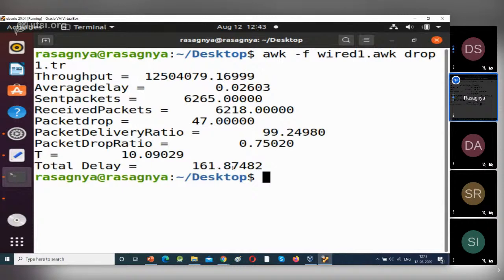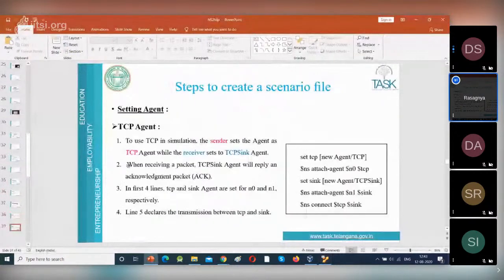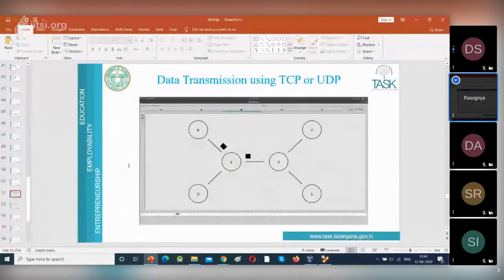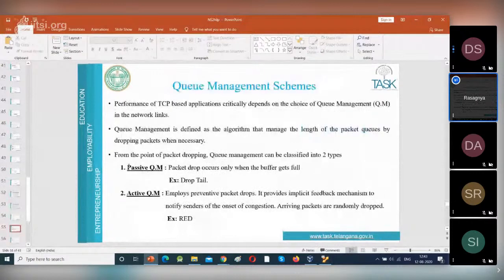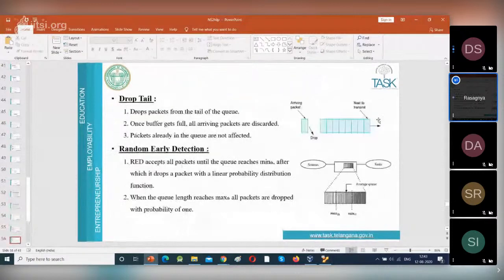Now we will see RED, that is random early detection. First we will see what is random early detection. See, this is the drop tail. In drop tail, this is the queue, right? When data is sent into the queue, and the queue becomes full, this is the next packet to transmit and this is at the tail.